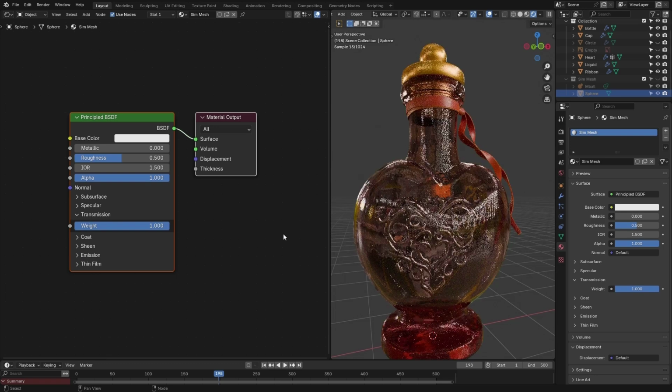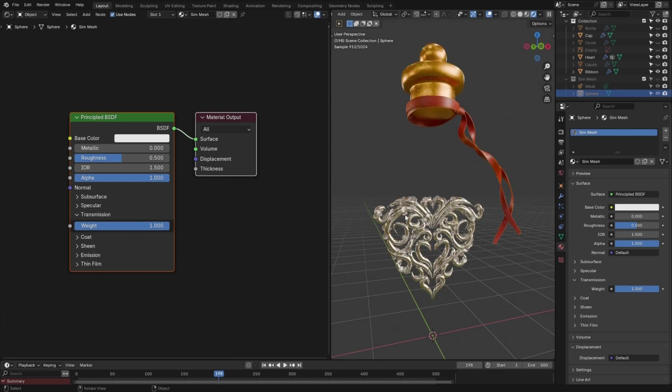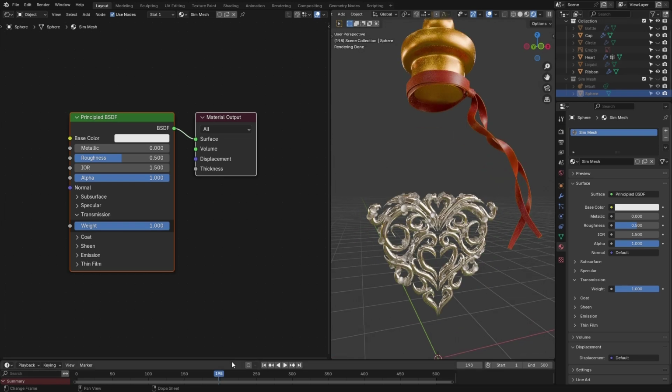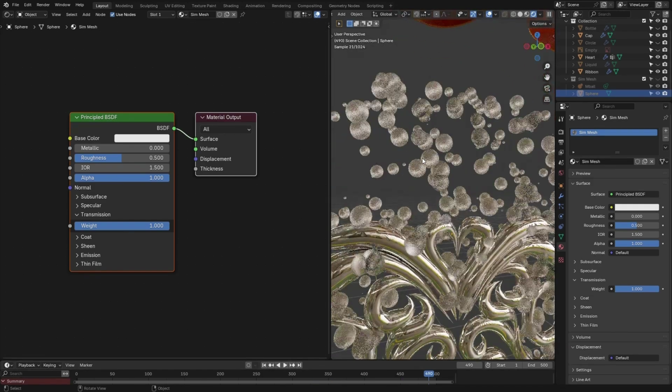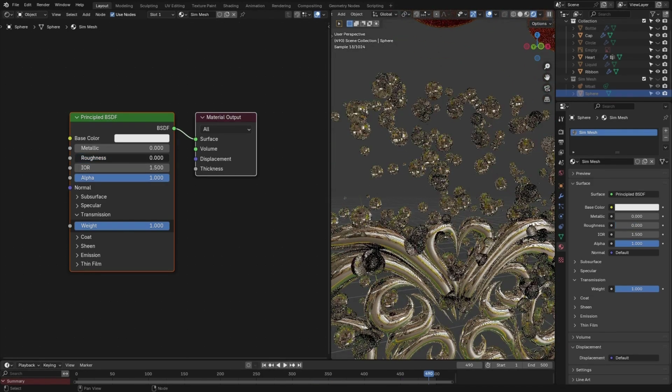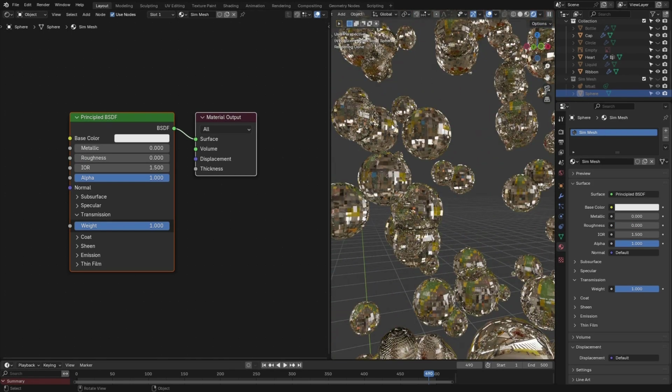So weight all the way up. Let's go hide the bottle and the liquid and grab the timeline here. Drop roughness,